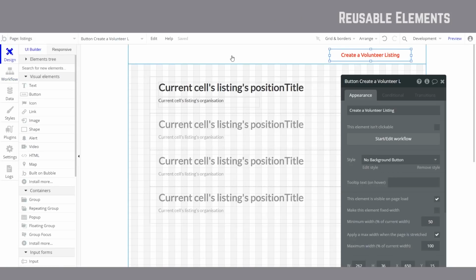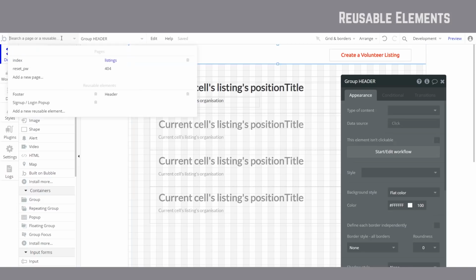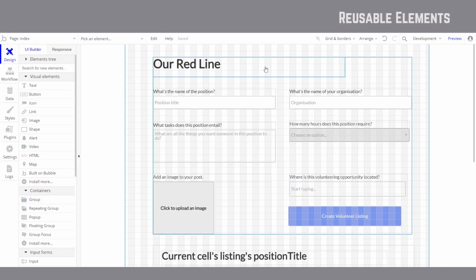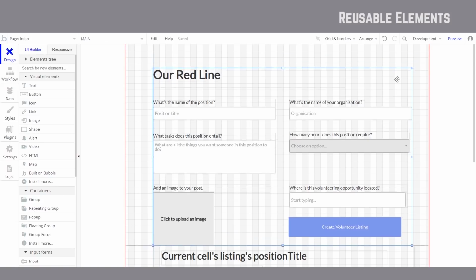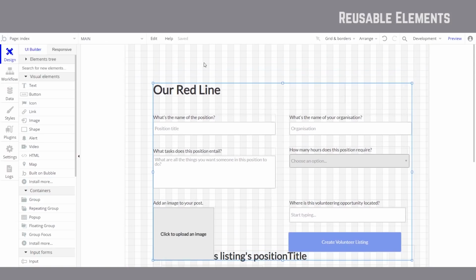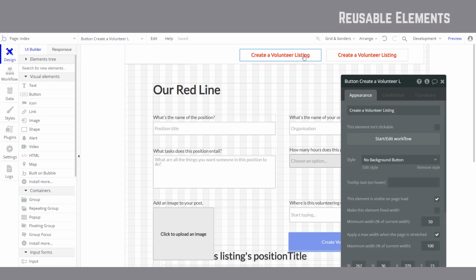So one way we could do that is to copy this header that we've already created. We could go over to index, and now I want to create some space for my header, so I'm glad we grouped all of these things earlier. So I'm going to drag that down a little bit, and I'm going to paste the header, and I probably want to add another button, and instead of doing that, I'll copy, control drag the one I already have,